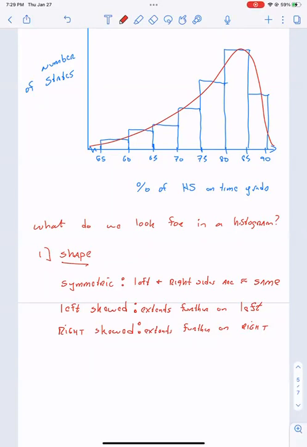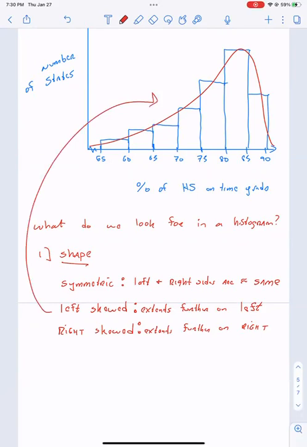Again, it does not have to be perfect. If my histogram is slightly off, don't say, oh, well, it's not symmetric, it's not a perfect image. As long as it's ballpark. Any question that you have in a quiz or a test will not be vague enough that there's more than one possible answer. The example on my screen is left skewed. It extends further on the left. This is a left skewed